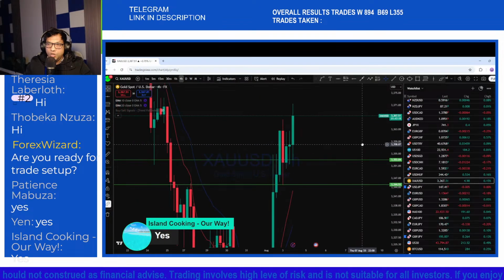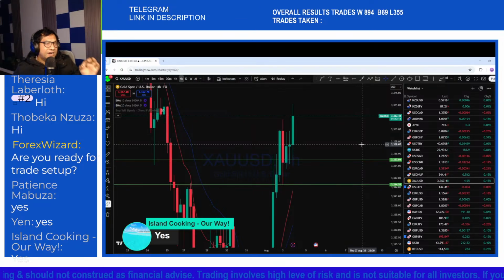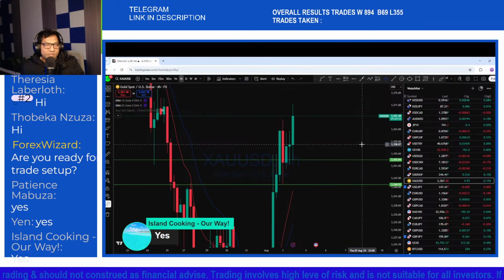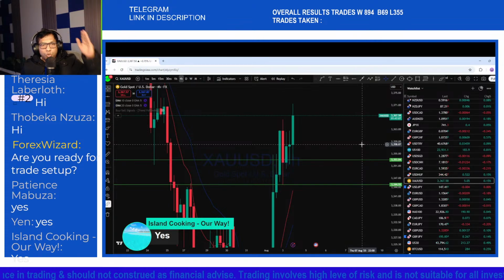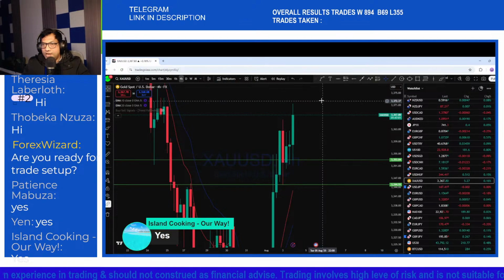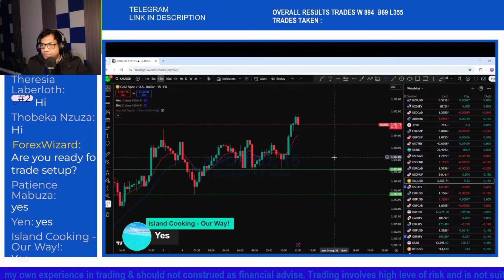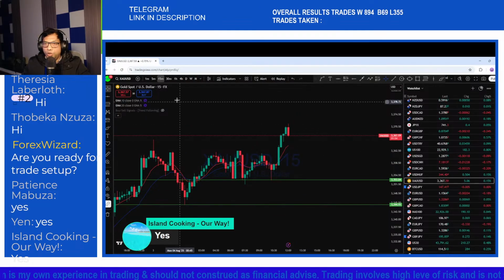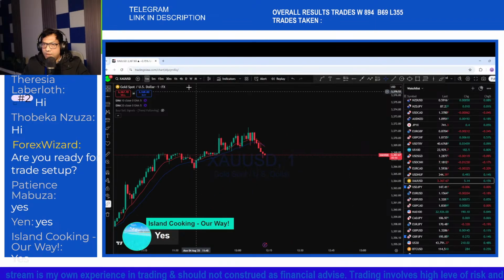So we can enter on different time frames. Here is the secret to understand: we can enter on 15 minutes, we can enter on 1 minute, we can enter on 5 minutes, depending on what we are looking at the moment. So we can look at the 15 minutes, or we can look at the 1 minute. These are a couple of time frames that I'm going to look at.